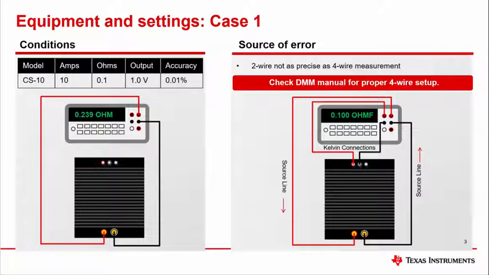The meter provides a known precision-controlled current through the source lines that can then be measured directly at the resistor, using Kelvin connections, which have a much higher input resistance than the source pins. Thus the voltage at the shunt is expected to be the same as the voltage at the meter's Kelvin sense connections. Based on this voltage and the meter's supplied current, the resistance can be determined.